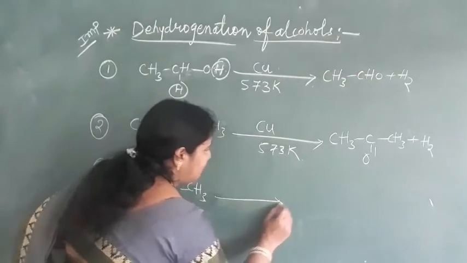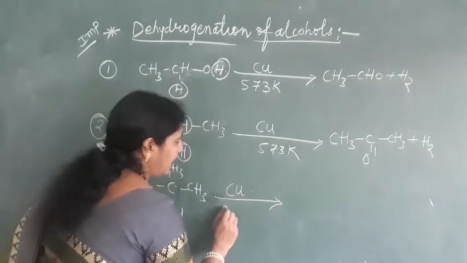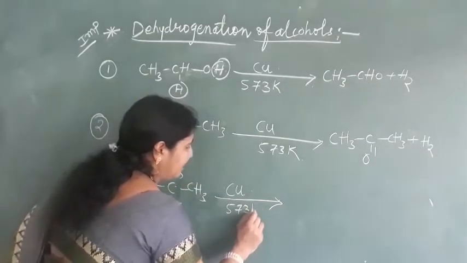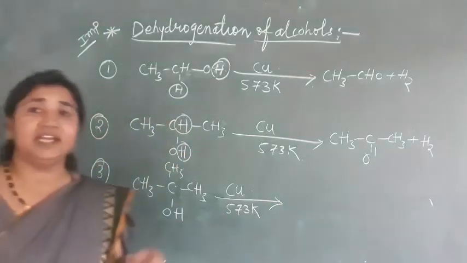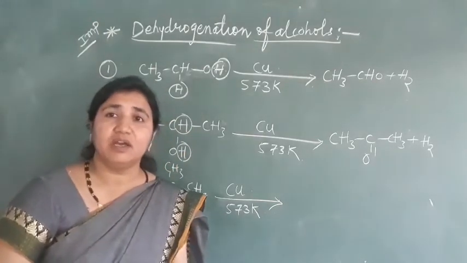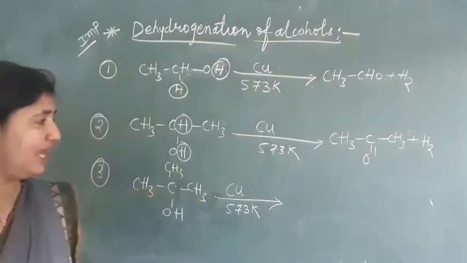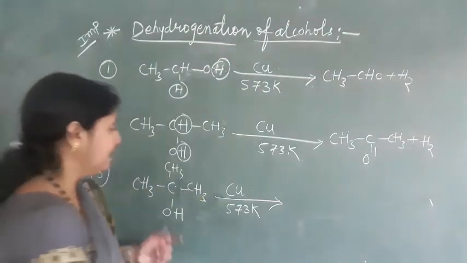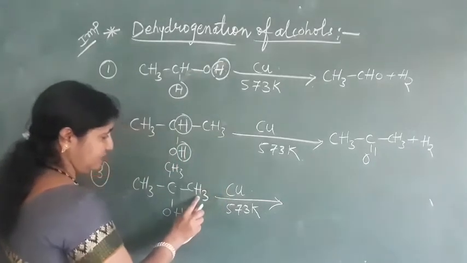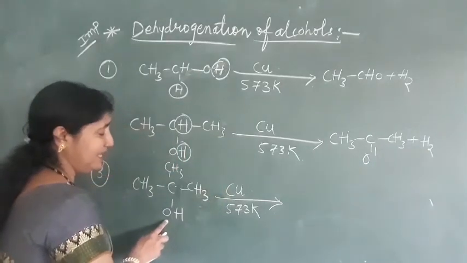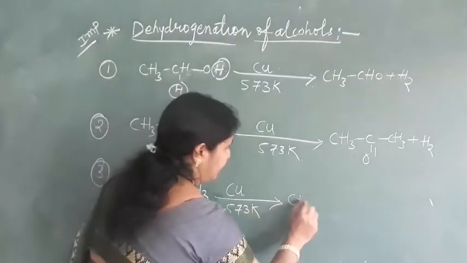When we pass this through copper at 573 Kelvin temperature, dehydration takes place, removal of water, and we will get alkene. So this is CH3, hydrogen from here and this OH bond break, and we will get